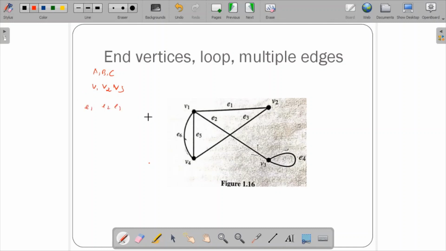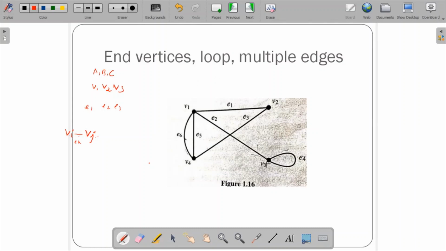If we have two vertices denoted by Vi and Vj of the graph, and there is an edge called ek between them, then these vertices Vi and Vj are called the end vertices of ek. For example, if you see over here, E1 is the edge between V1 and V2. So V1 and V2 are nothing but the end vertices of E1. So this is regarding the concept of the end vertices.